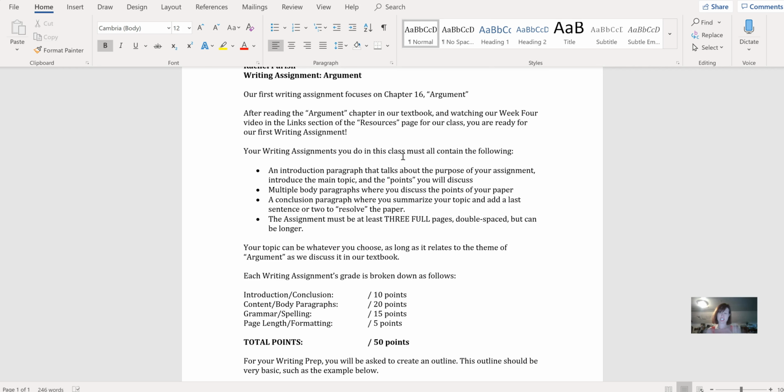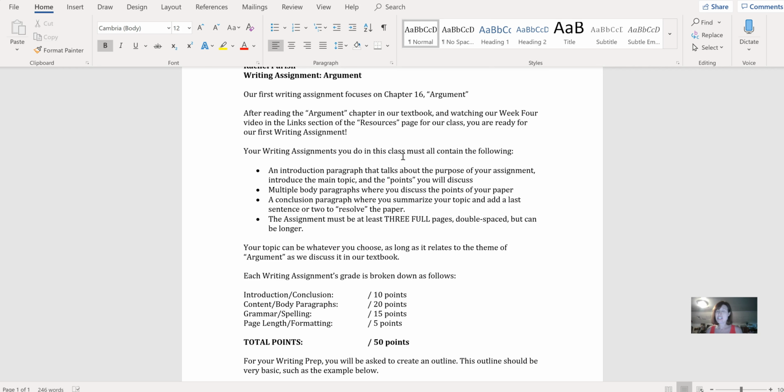Obviously, I want you to present your opinion because your job is to persuade me, but in order to effectively persuade, you do need to cover both sides of the issues. You can't just say, oh, this is the only side that matters, don't listen to the other stuff. You need to tell us about the other stuff and then explain why you believe in the side that you do. So that's really important.